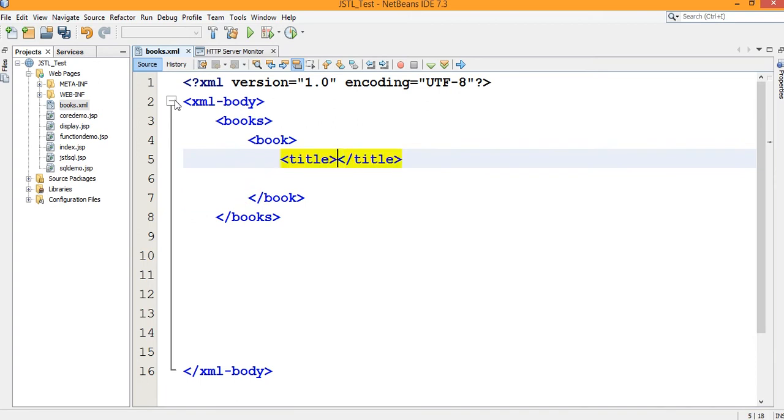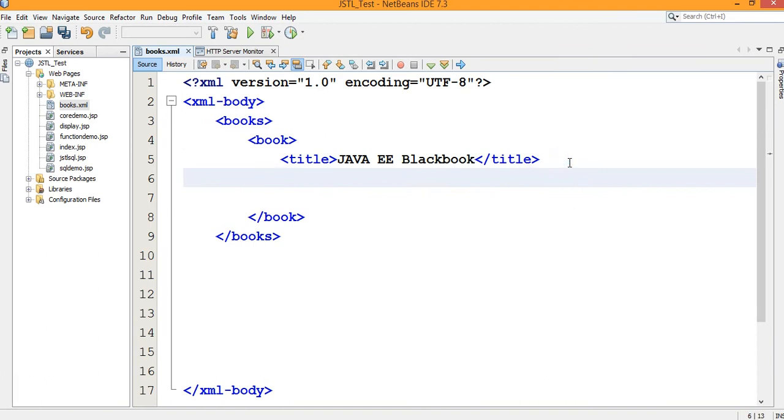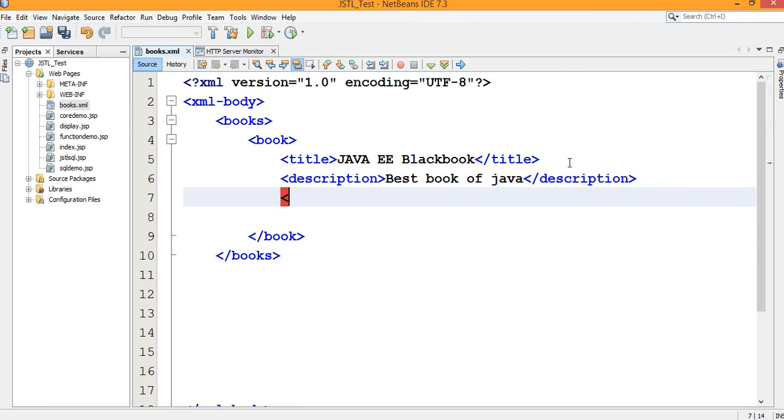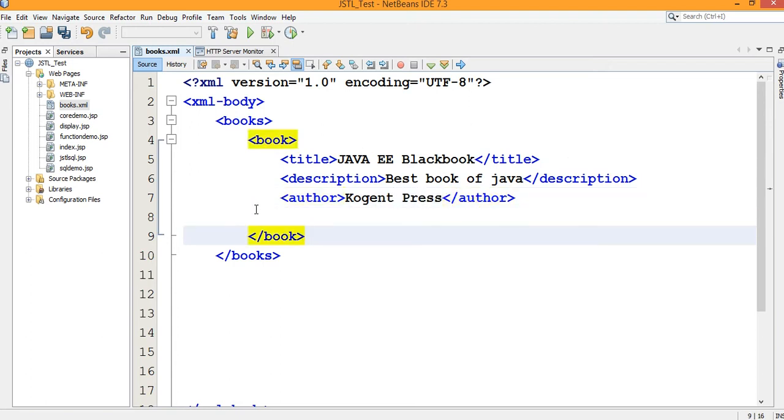One is the title, consisting of, for example, Java J2EE Black Book. Then you can write a description: best book of Java. Then you can write the author, for example, Cogent Press. That's my one book's information.